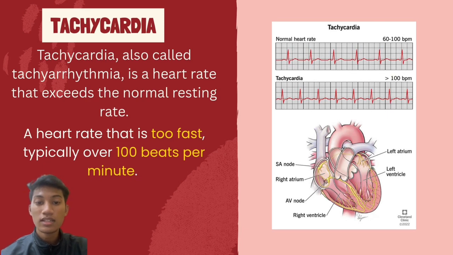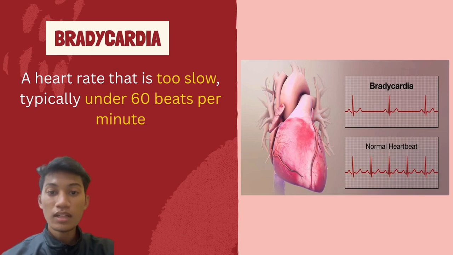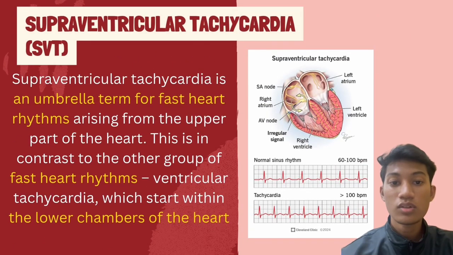A heart rate is too fast, typically over 100 beats per minute. Bradycardia. A heart rate is too slow, typically under 60 beats per minute. Supraventricular tachycardia. Supraventricular tachycardia is an umbrella term for fast heart rhythms arising from the upper part of the heart. This is in contrast to another group of fast rhythms, ventricular tachycardia, which start within the lower chambers of the